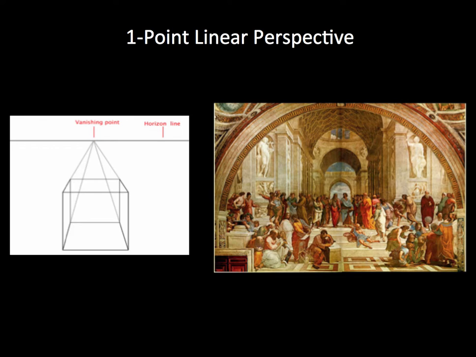Alright, with 1-point linear perspective, the first thing we're going to notice here is that we have a horizon line. A horizon line is basically where the sky meets the earth. You walk out anywhere, and that point where the sky meets the earth is the horizon line. And the way that we lock objects into space using this perspective is that, for instance, if we look on the left at that little cube, we see the edges of the cube,